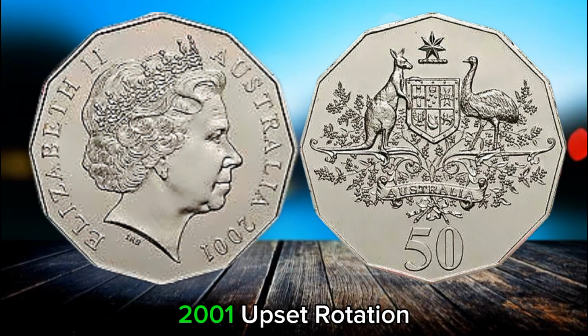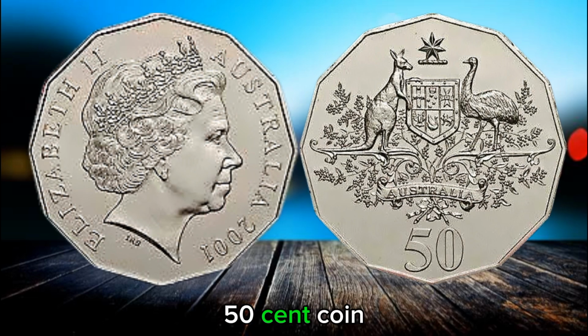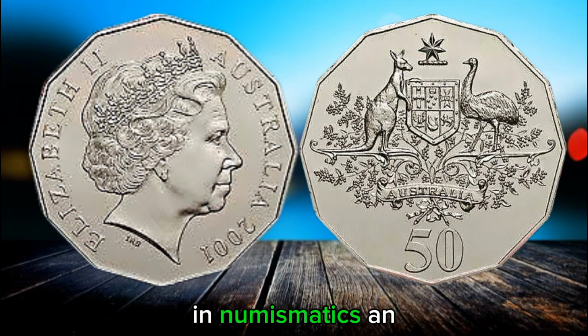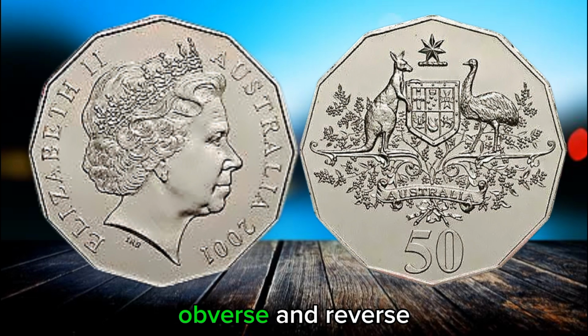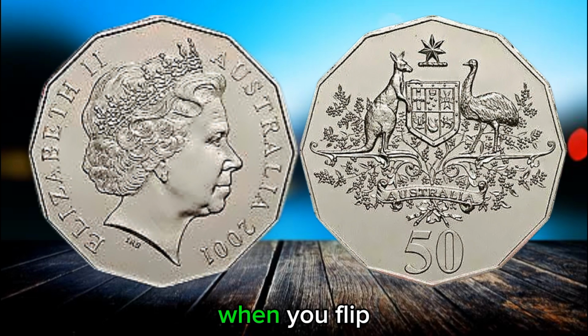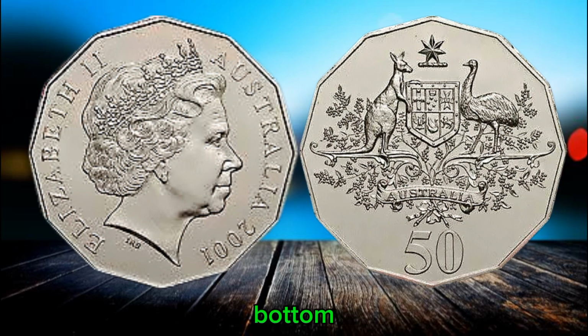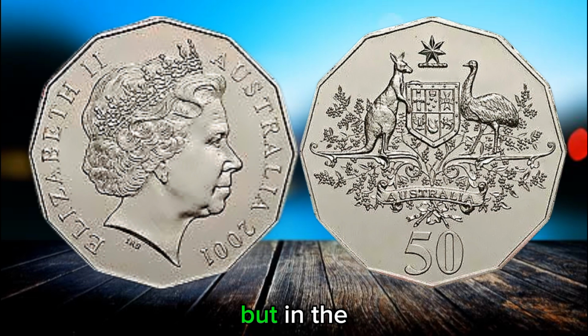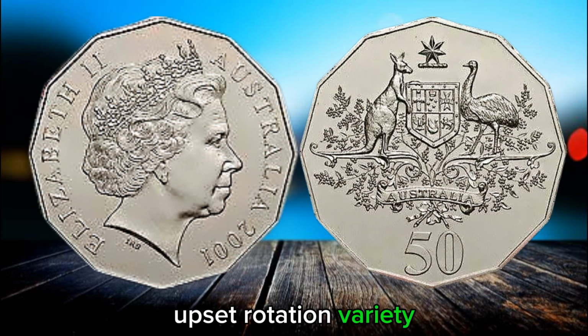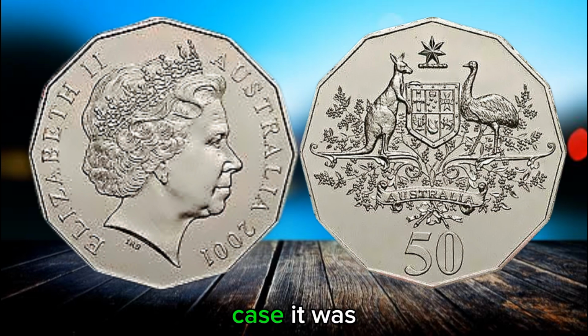This was the 2001 Upset Rotation error 50-cent coin. In numismatics, an upset rotation refers to a misalignment between the obverse and reverse of the coin. When you flip a normal coin from top to bottom, the reverse image should be upright. But in the upset rotation variety, the reverse is off by a certain number of degrees, and in this case,